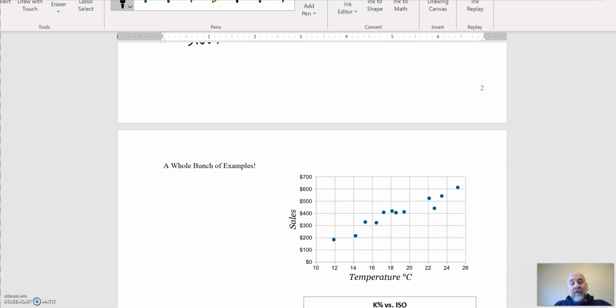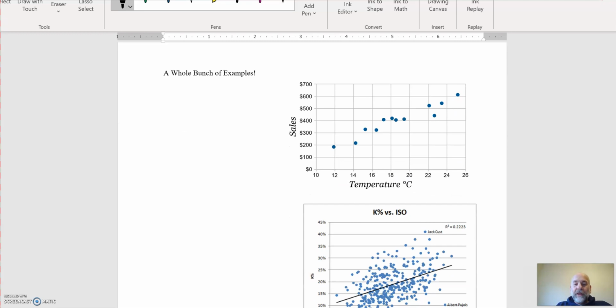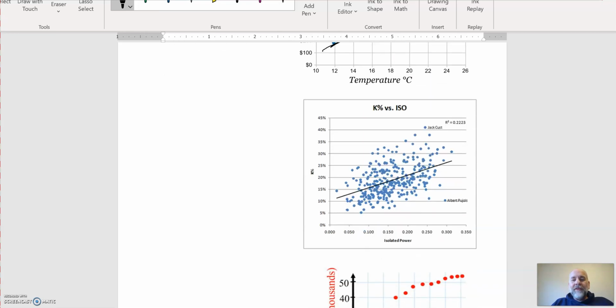All right, so here's a bunch of examples, and you could say, what do you think the correlation is of this one? I'll give you a second. You can pause and think about it. This one's going to be pretty close to 1 because it's darn close to a perfectly positive association, really strong positive association, very linear. The only thing is this point's a little bit off, but I'm thinking this would be like 0.95 or something like that. This next one here,